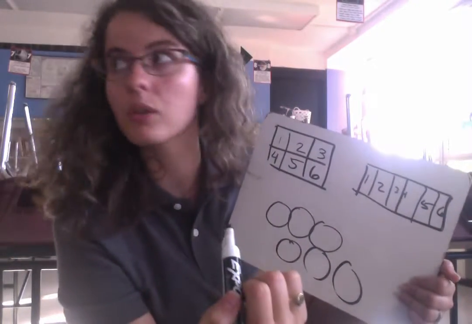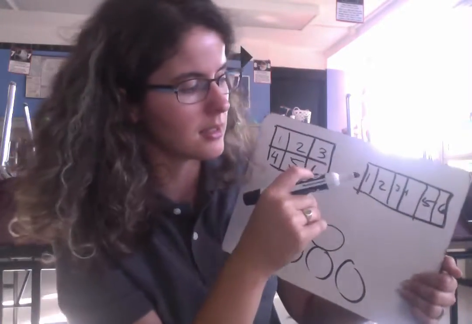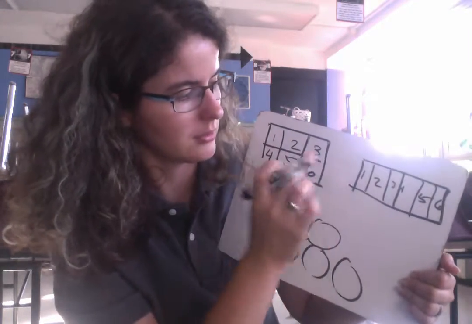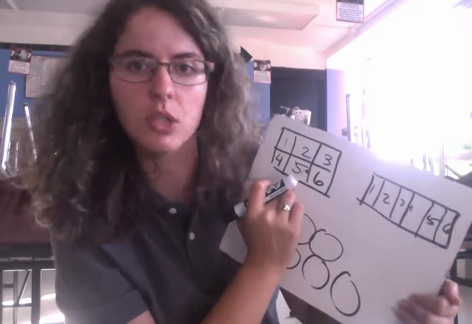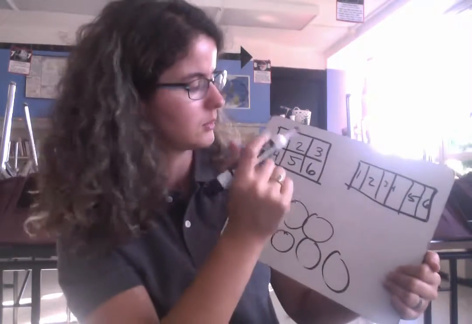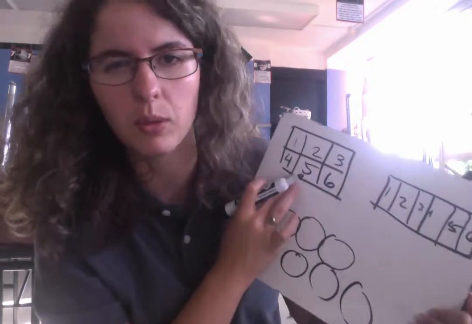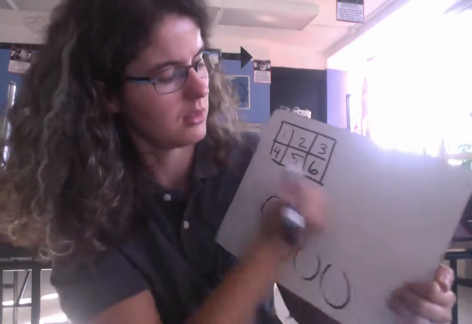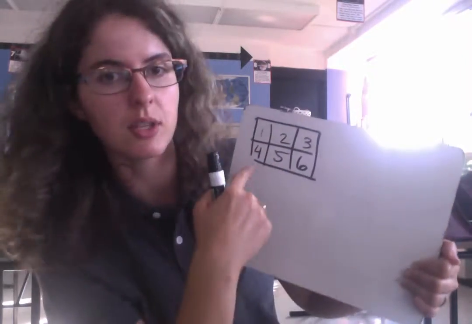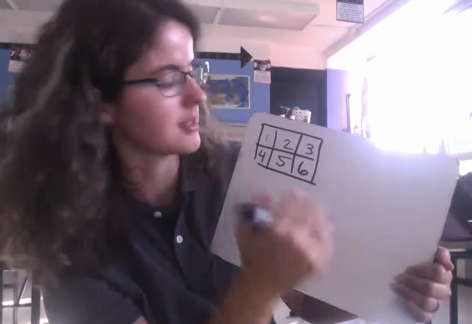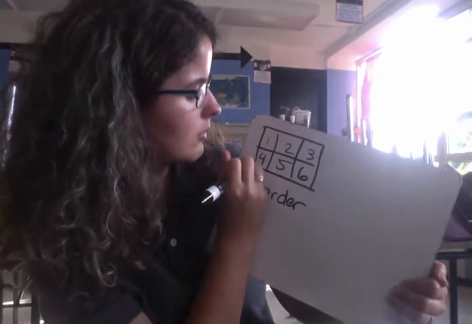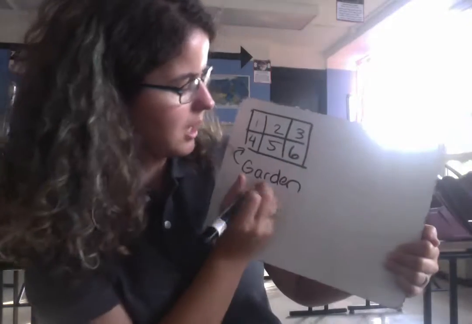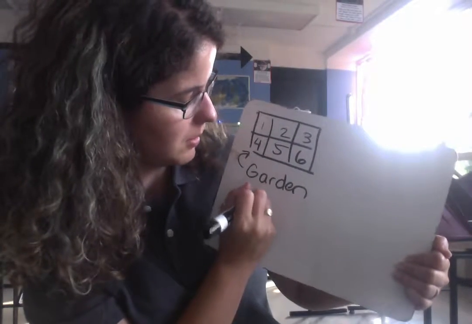So for this one, for my ease, I'm going to think about it this way. A lot of people in class thought about it this way, which also works. I'm going to think about it this way here. You know what? I lied. I'm going to think about the way we thought about it in class. That's good. So looking at this, I have my picture. I have my basic setup. This is my garden. I have my 6 plots,